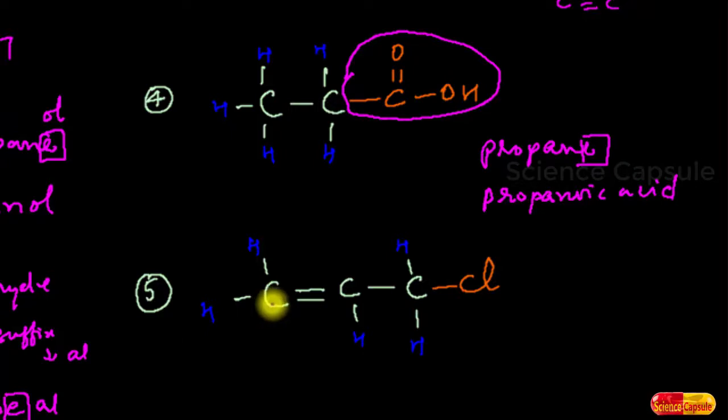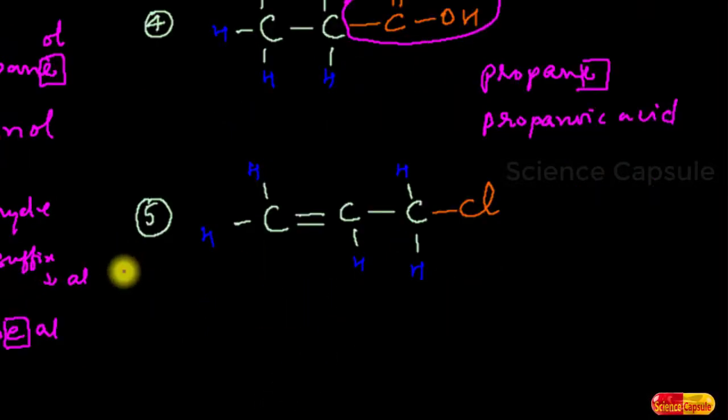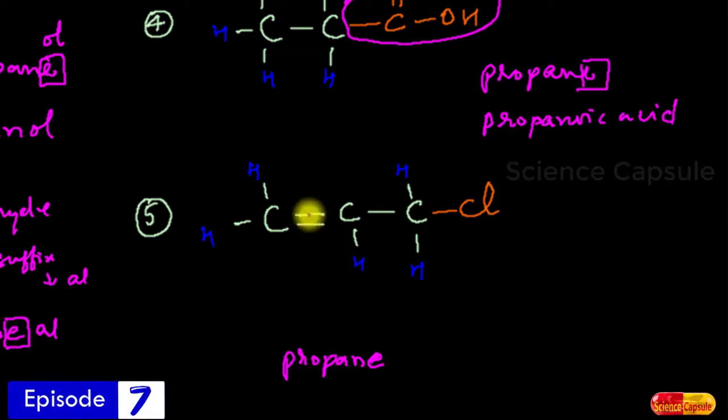Again we will see 1, 2, 3 carbon atoms. So the corresponding name of the hydrocarbon would be propane again. So here I write it as propane. Now the second step is look for unsaturation. Here we see a carbon-carbon double bond. When there exists a carbon-carbon double bond, it belongs to the alkene family, isn't it? If we have a triple bond, then it belongs to the alkyne family.